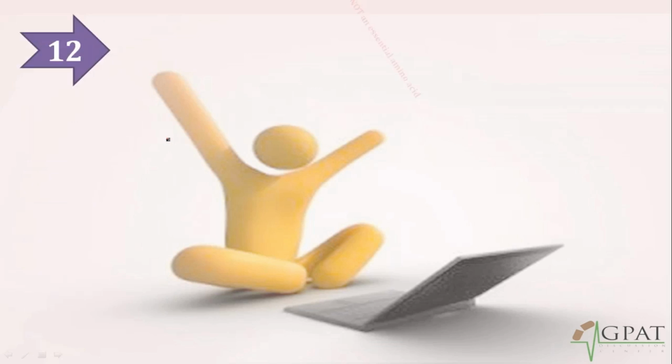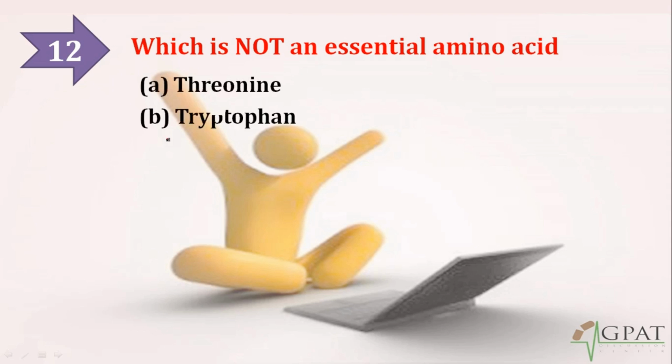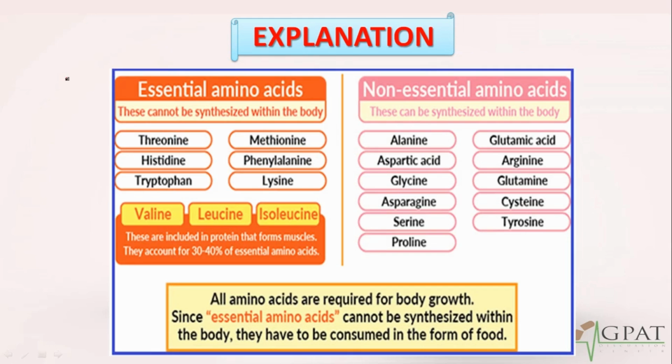Next question, question number 12. Which is not an essential amino acid? The options are threonine, tryptophan, valine, glutamine, and the right option is glutamine. So what are the essential amino acids and non-essential amino acids? Essential amino acids cannot be synthesized within the body, and these are threonine, histidine, tryptophan, methionine, phenylalanine, lysine, valine, leucine and